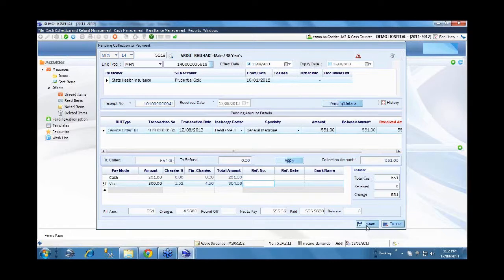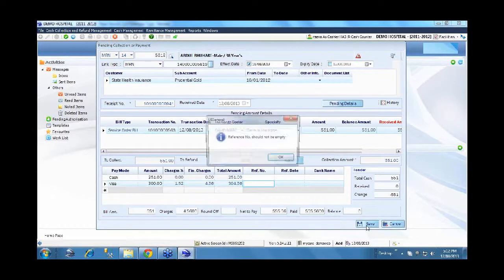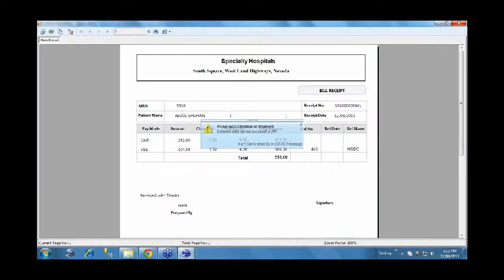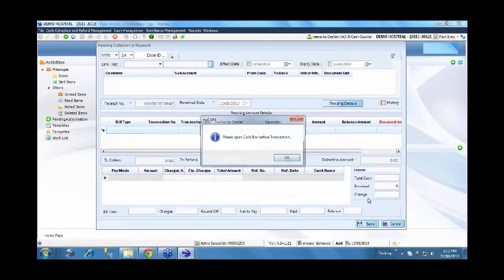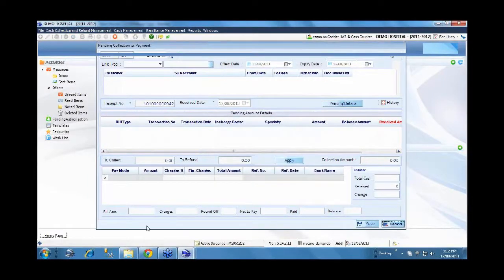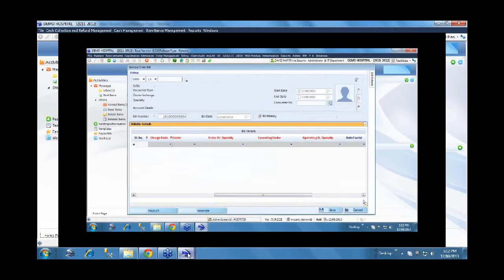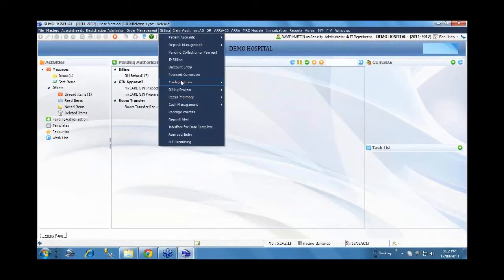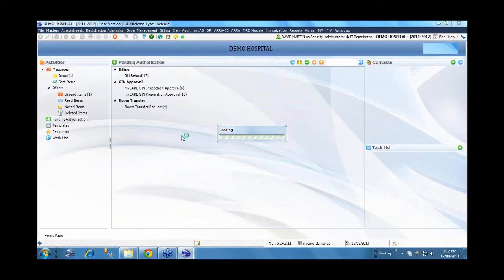Now the collection against this is made. Meanwhile, it's not necessary that the system will wait for the bill to be generated. As and when the physician places the order and the respective charge is triggered to the billing system, it checks the payer for that particular patient, and for any of the requested services which require an approval, the system will automatically trigger an approval request.